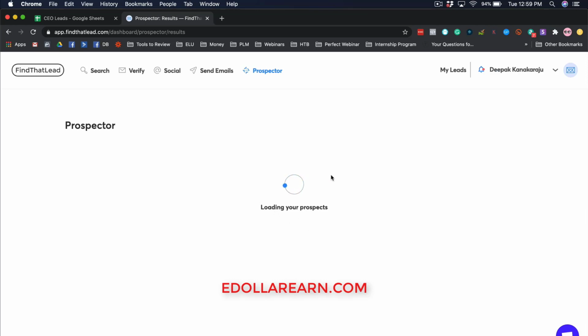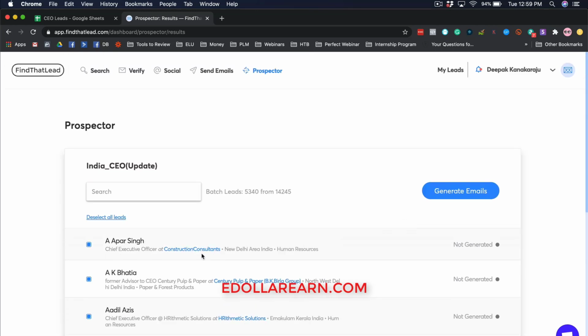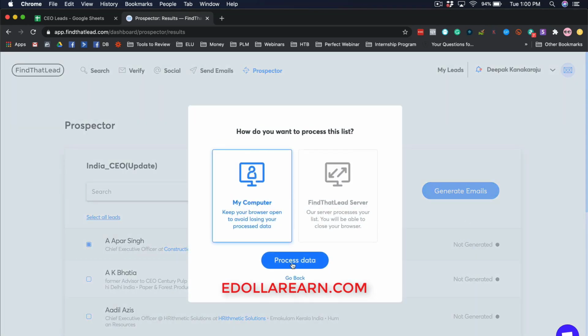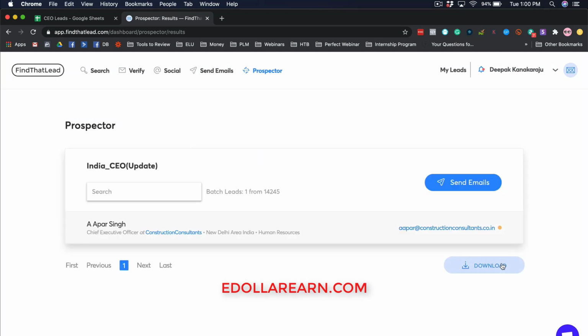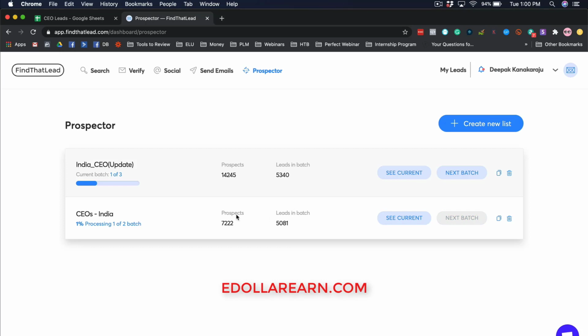Here it says not generated, but I'll deselect all the leads, click on this, click on generate, process data. If I'm just trying to find one email, it will immediately tell me this is the email ID, and it shows it is a guess. This lead might be accurate, might not be accurate. We cannot really know. If it shows in green, then it means that the lead is accurate.